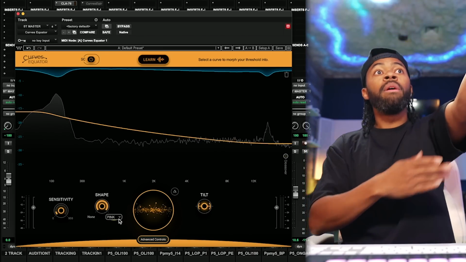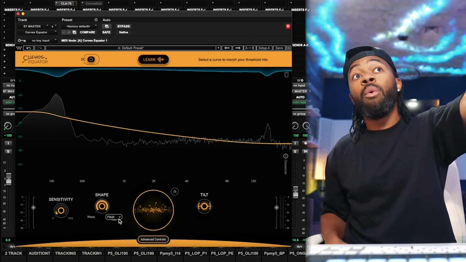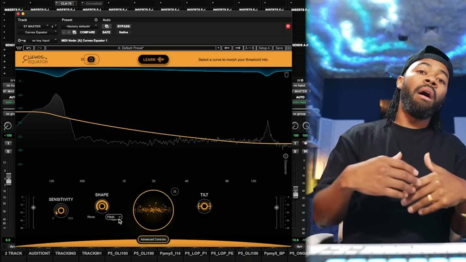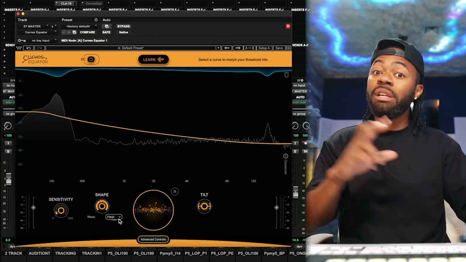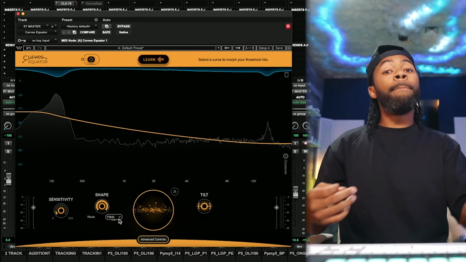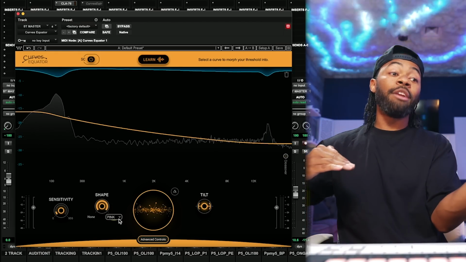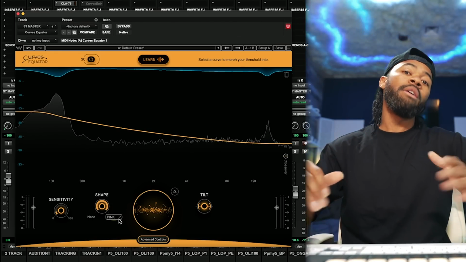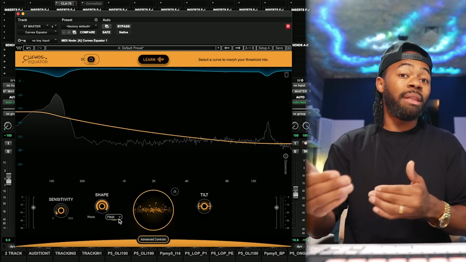As you can see, if you look at the pink curve, you can clearly see that the low end is more unbothered in that regard. Granted, low end has a lot more energy in a lot of modern day music, but you can decide with pink to say, hey, I want you to bother less of it because I know that there's more amplitude down there. So once again, you're coloring your sound and deciding for yourself what it's going to sound like